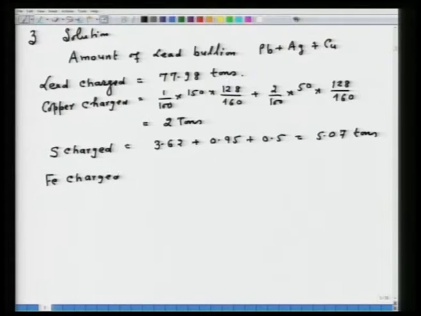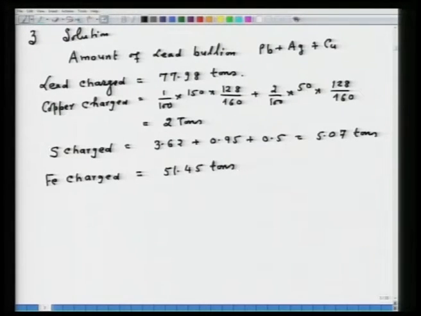From all the sources from where iron is charged, as I see in the problem, the source of iron is sinter, that is Fe2O3, which is 19%, and cinder, which also contains 90% Fe2O3. So, you have to consider both the sources. I have just calculated and I leave the calculation for you, that will come out to be 51.45 tons.